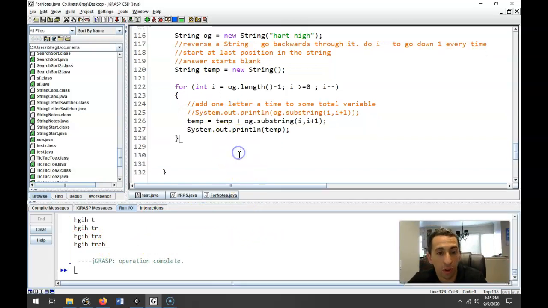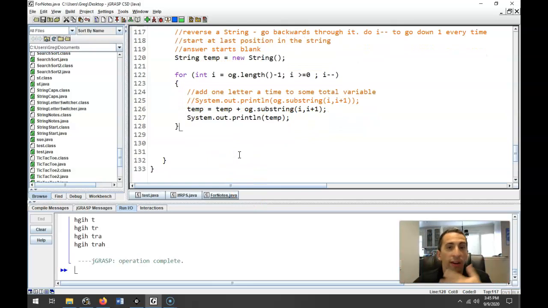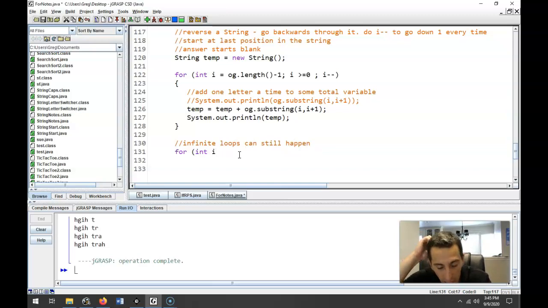And this might be useful to you if you want to go backwards through a string or a list or something. There'll be plenty of times we want to do that. One more thing. Watch out for infinite loops. So just like infinite loops can happen with a while loop, they can happen with a for loop too. So if you get, for example, your i equals 0. Well, let's do this. Like say we start at 10, and then say we do like i is,